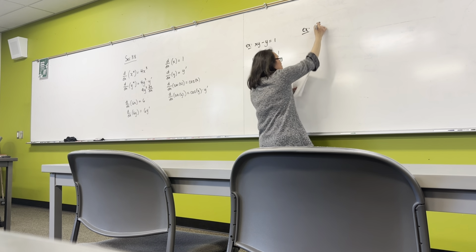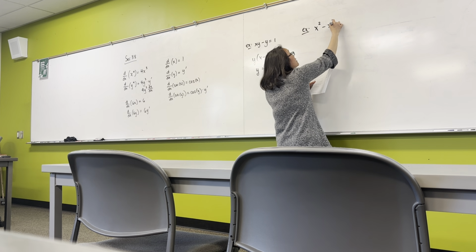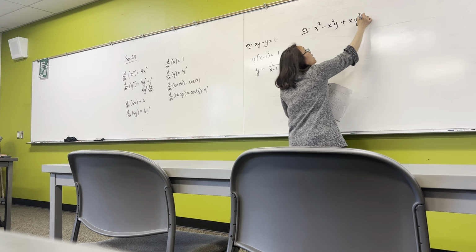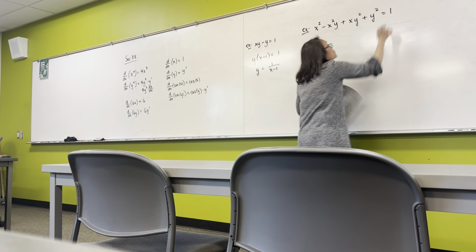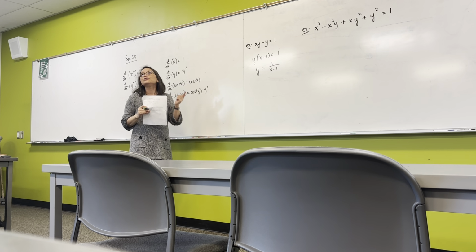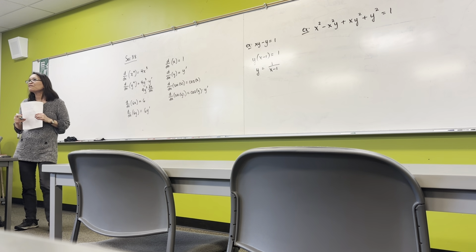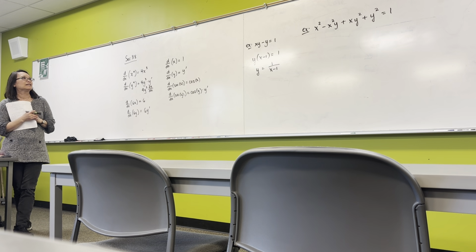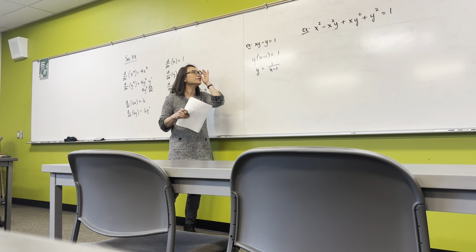Okay, x squared minus x squared y plus xy squared plus y squared equals 1. How would you solve for y if you wanted to use option 1? Like here, we just factored out the y, right? How are you going to solve for y